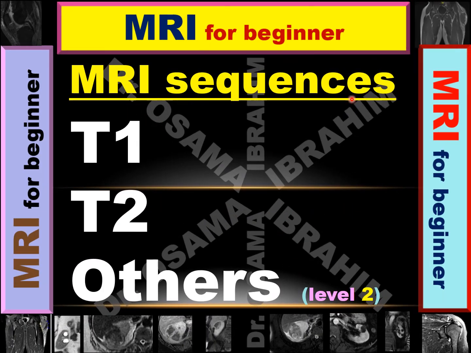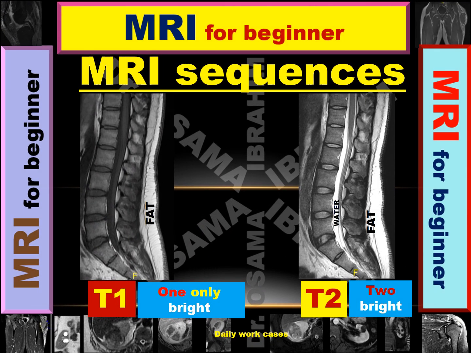So now the MRI sequences are T1 and T2. This is the main sequence. There are other, specific sequences, and we will discuss them in level 2. Today we should discriminate T1 from T2 according to the previous physical concepts. Okay, now we want to practice on real MRI images to detect the signals and discriminate T1